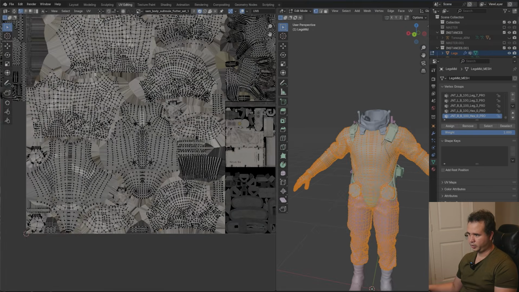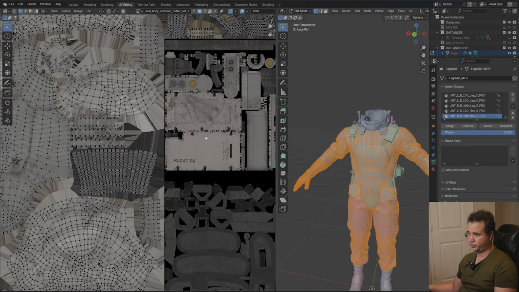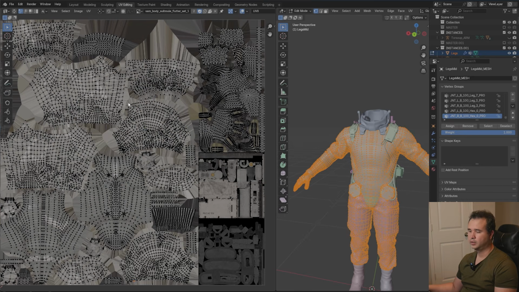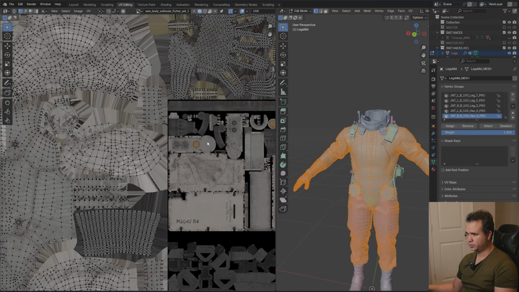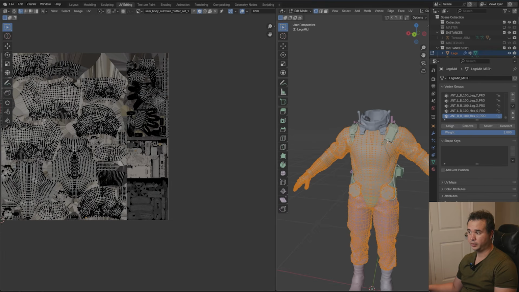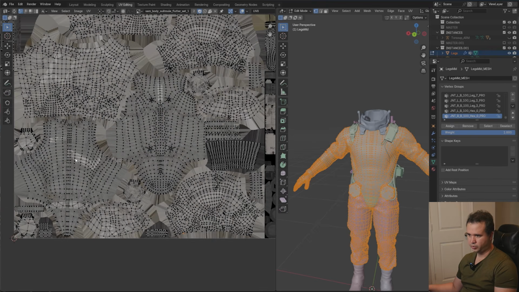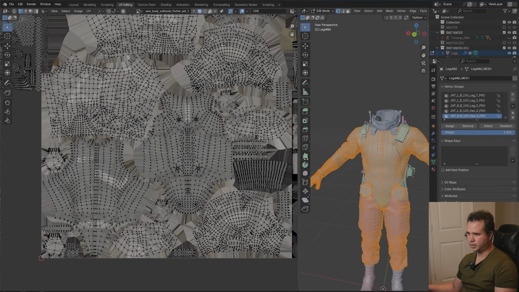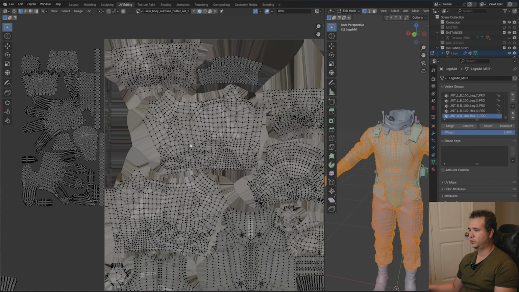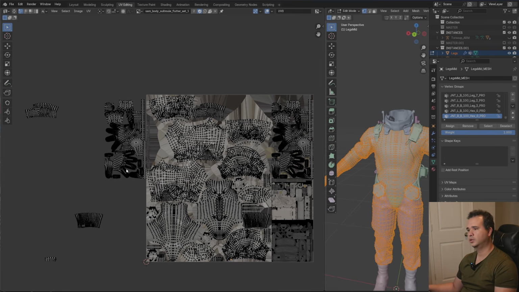All right, so here in the UVs, this texture is very interesting because you can see that not only does it contain the portion for the suit, but there's also a little portion of the UVs here for the hard surface. So you can see how everything here is laid out. And if you've watched my other videos, you'll notice something that we haven't seen in a while, which is the